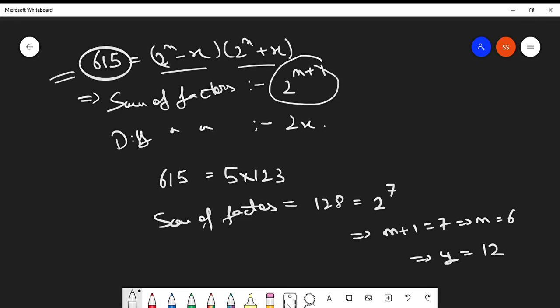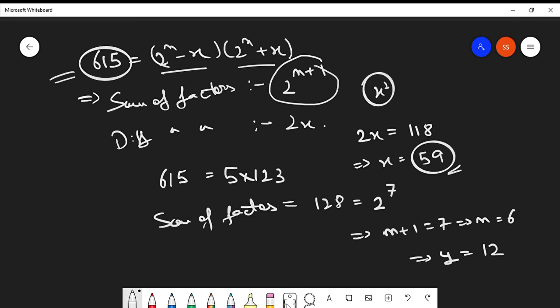Now if y is 12, what do we get? Further, you can do it by finding the difference. So the difference will give you that 2 times x is equal to 123 minus 5, which gives you 118. From here you get x equals 59. But will it be only 59? That is the question. When you see the equation properly, you can easily see that you have the x squared term, and it is pretty much evident that this will be the only absolute value of the solution we will get if you put y equals 12 in the given equation.